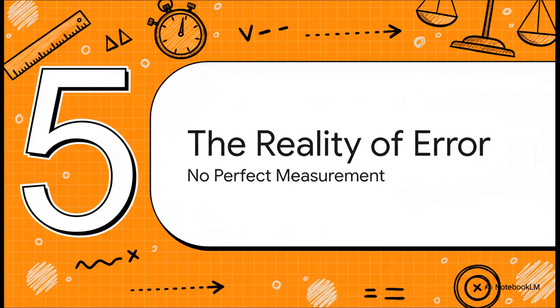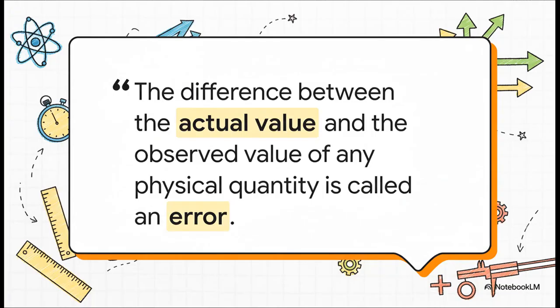Okay, so we've built this beautiful, elegant system, right? A whole language to describe the universe, complete with a standardized vocabulary and grammar. It sounds perfect. But there's one last, kind of humbling truth we have to face, and that is, no measurement is ever truly perfect. So now we have to talk about the reality of error. Now, it's super important to understand that when scientists say error, they don't mean a mistake. It's not about somebody being wrong. An error in physics is just the unavoidable little gap between our measurement and the true actual value of whatever we're measuring. Every ruler, every scale, every single clock has its limits. An error is just us being honest and acknowledging those limits.